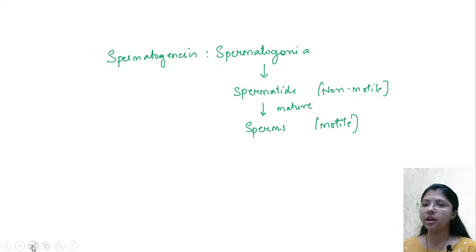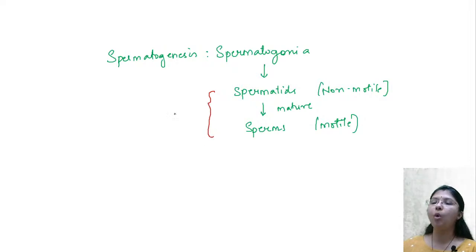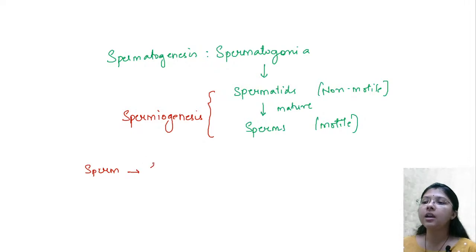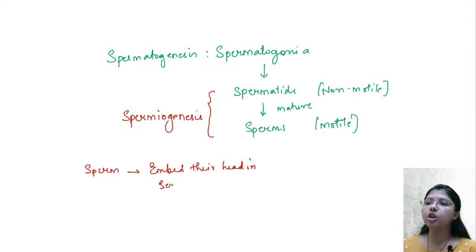These process again, wherein the spermatids are modified, differentiated to form these sperms, that process is termed as spermiogenesis. And as soon as the sperms are formed, they are going to embed their head, I'm writing it here, embed their head in Sertoli cells, right? And when the complete nutrition has been derived, they